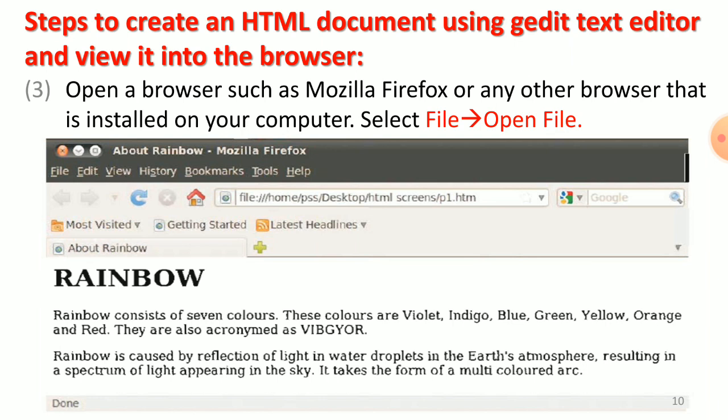Select the file that you want to open and click on the Open button. The web browser will display the content of the HTML document as follows. Okay, that is the output of the p1.html file.